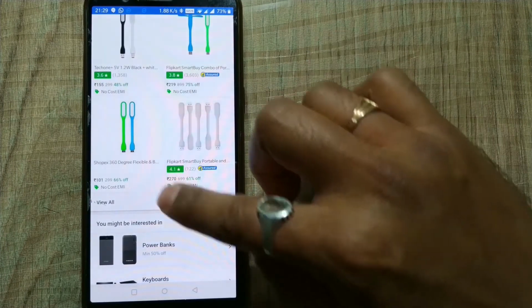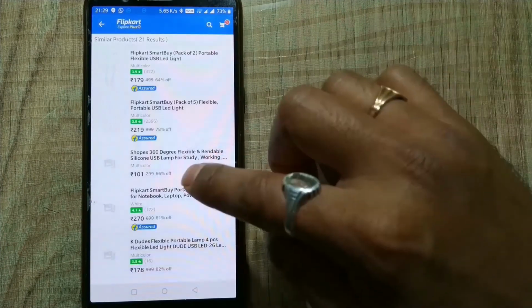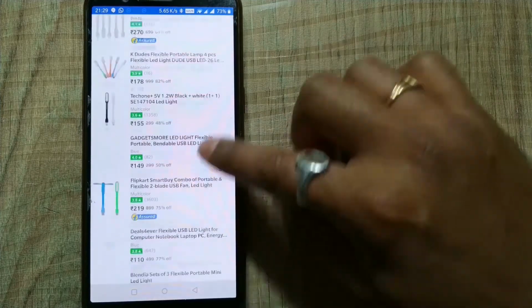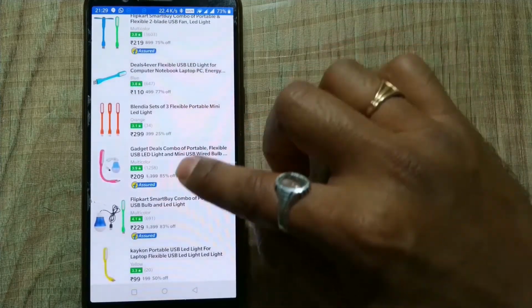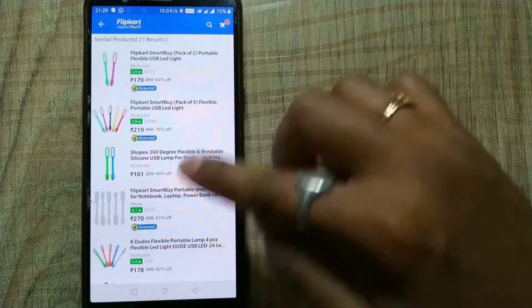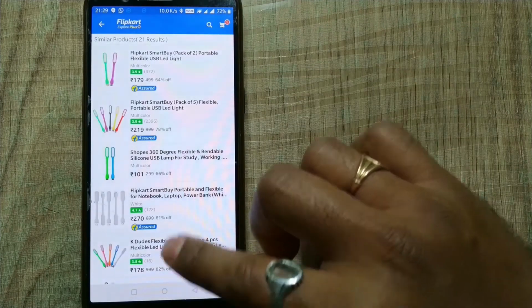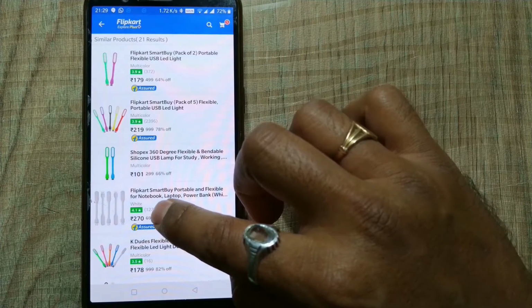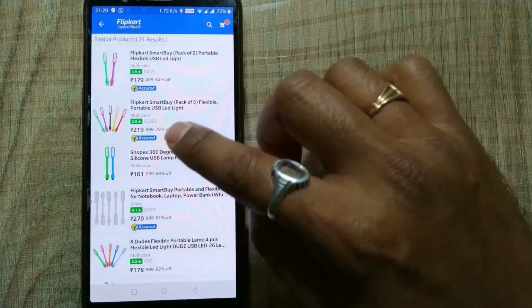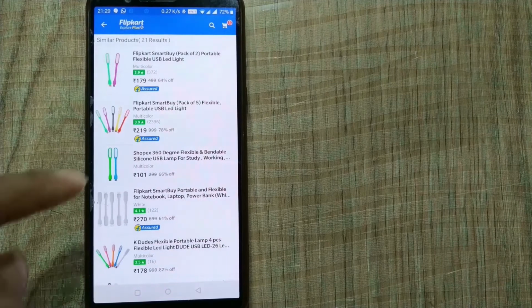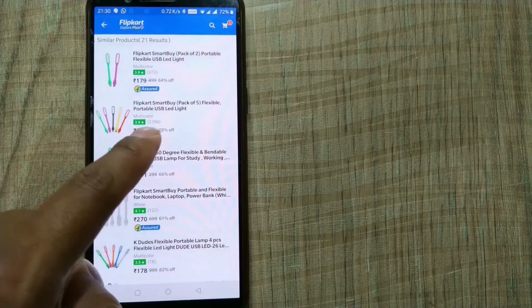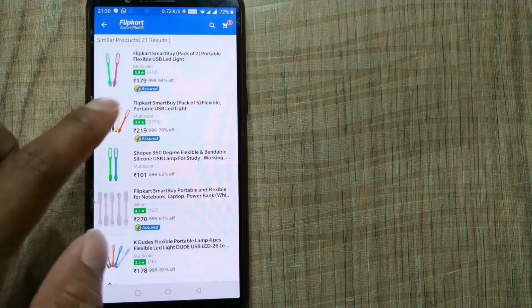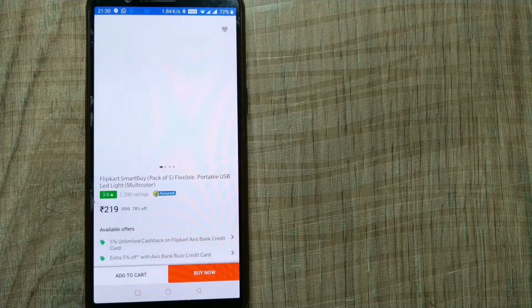So if you're not happy with this listing, you can go and press view all. You can see all kinds of very exact products that you wanted. So this is also a technique. You can see here a 4.1 rating, 122 people have reviewed that. I think it's a very fine thing. And you can here see also a 3.9 rating, but 2396 people have reviewed. I think this would be a very good choice because a lot of people have already purchased with a 3.9 review.